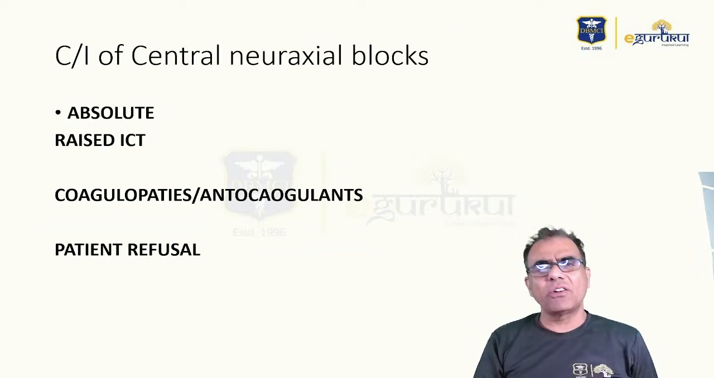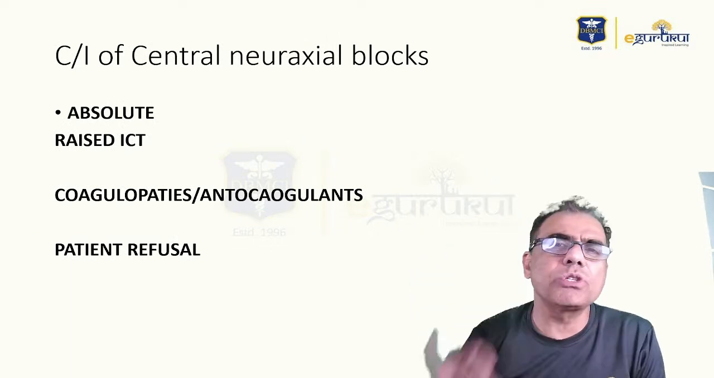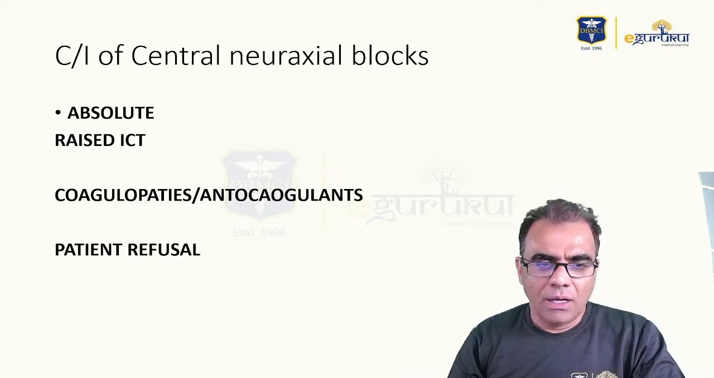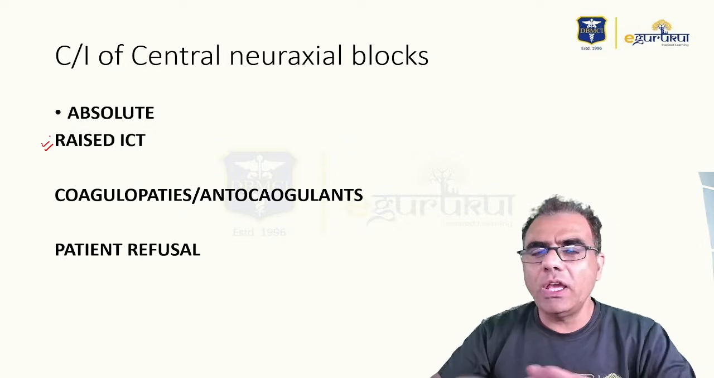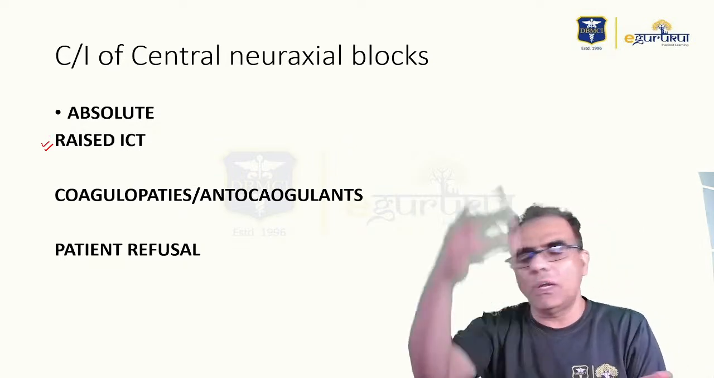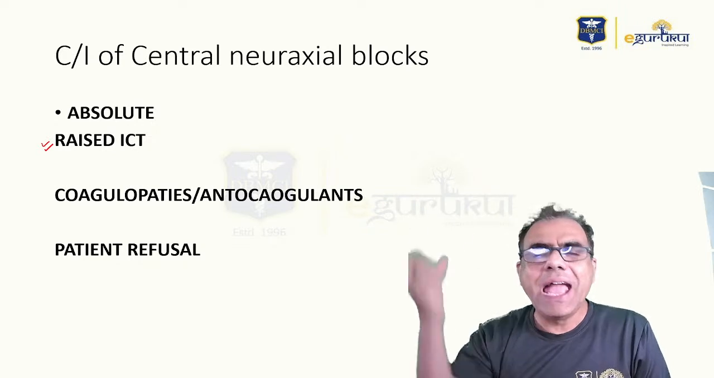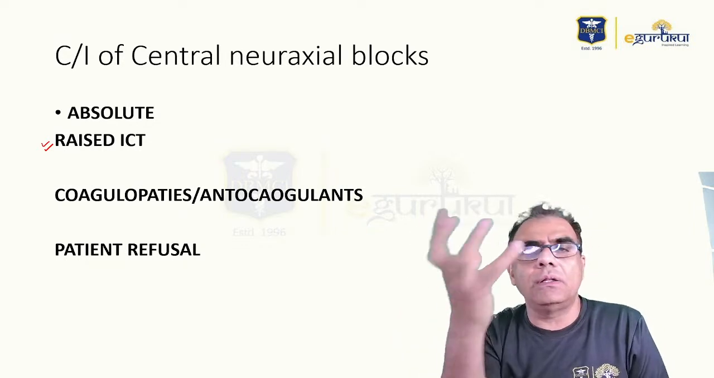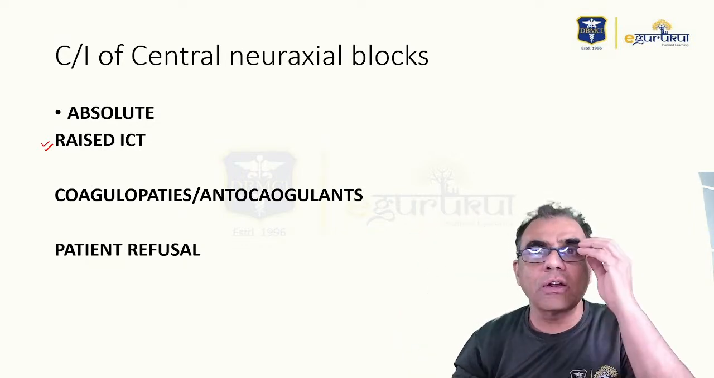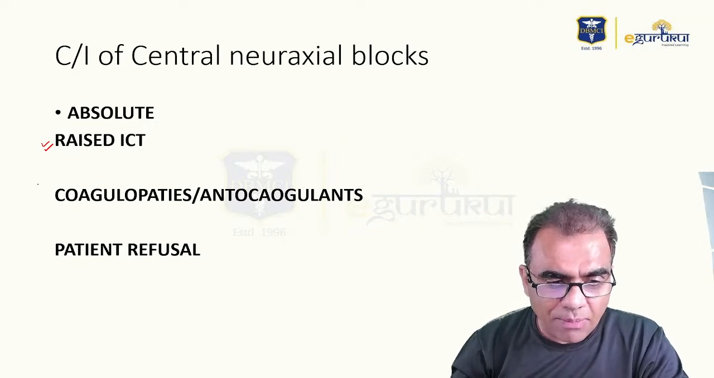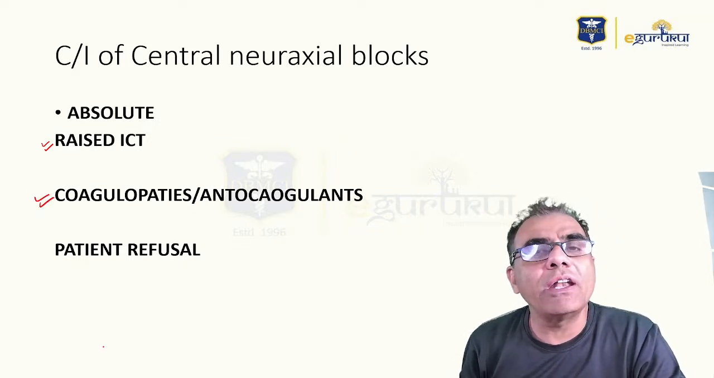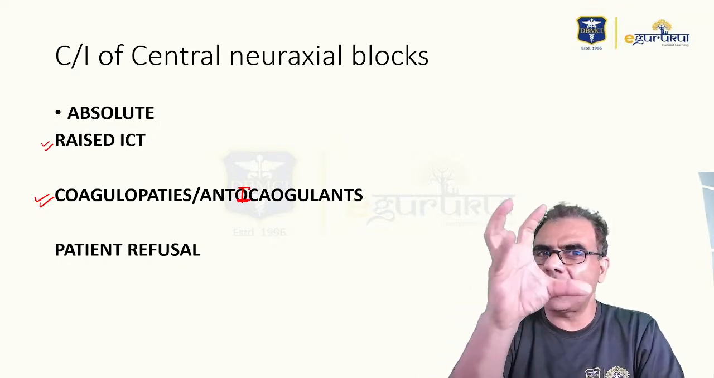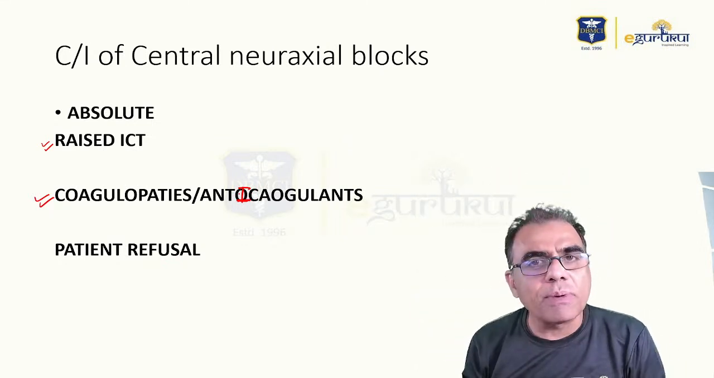Now, contraindications for central neuraxial blocks is a big list, but only the absolute contraindications that you must know have been frequently asked. Raised ICT. Why? If you have raised ICT and you puncture the dura, there will be loss of CSF and sudden decrease in ICT, and sudden decrease in ICT can cause coning. And you know that this medullary herniation can cause immediate death of the patient. If the patient is suffering from some coagulopathy or is on anticoagulants, then if bleeding occurs, that hematoma can become large,